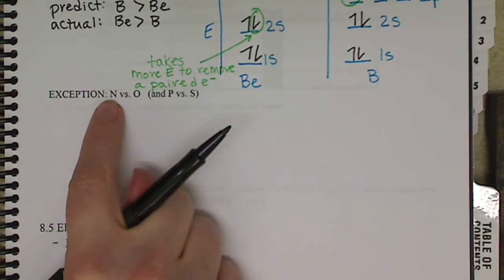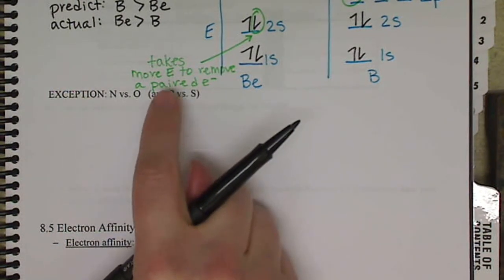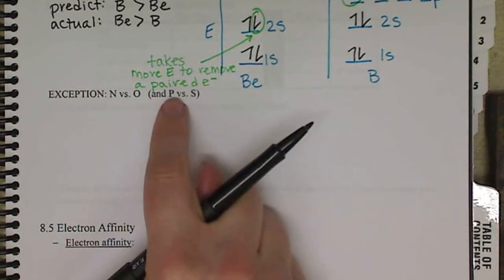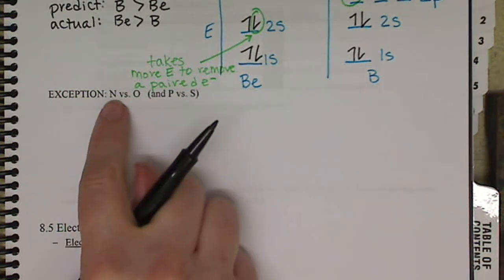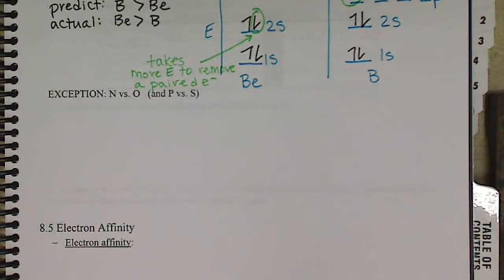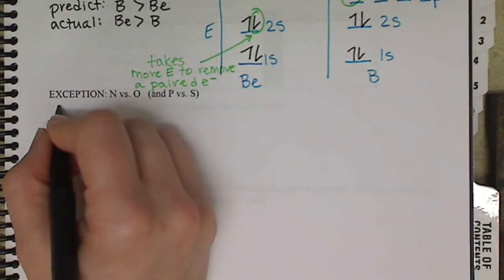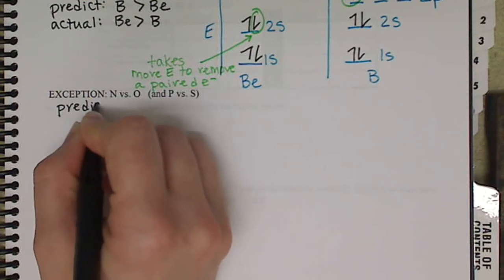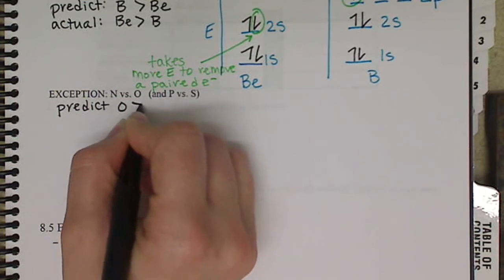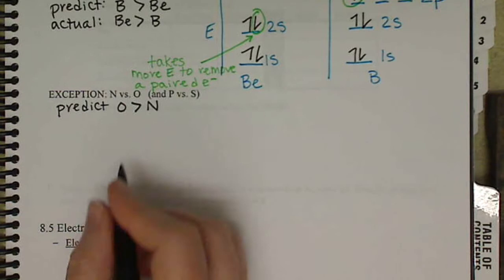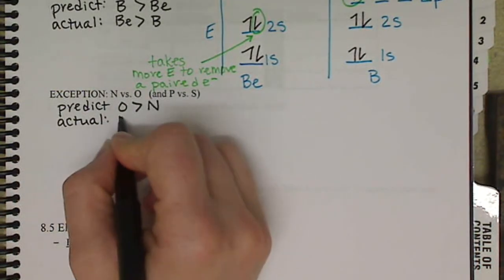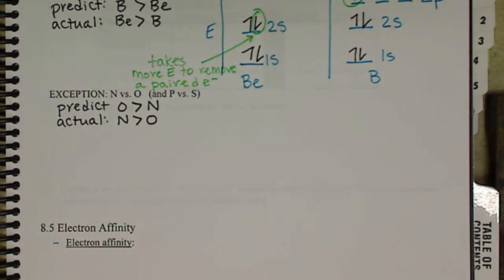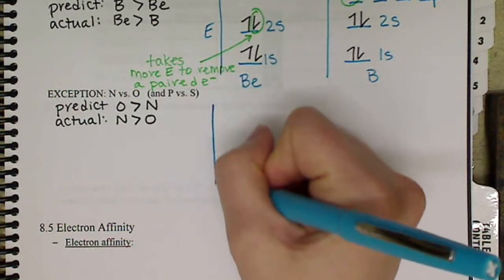Similar concept for nitrogen versus oxygen and phosphorus versus sulfur. Phosphorus and sulfur are underneath nitrogen and oxygen. Oxygen is further to the right of nitrogen, so we would predict that oxygen had a greater first ionization energy than nitrogen, but in actuality it's flip-flopped. And the reason for this again has to do with the pairing of the